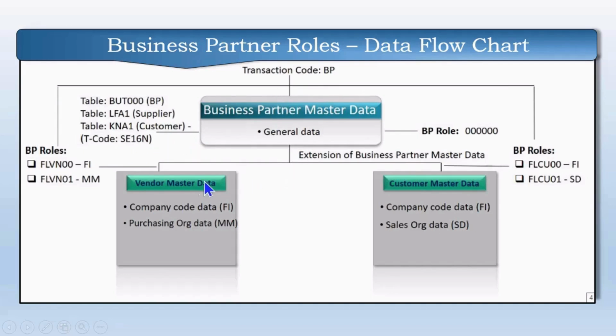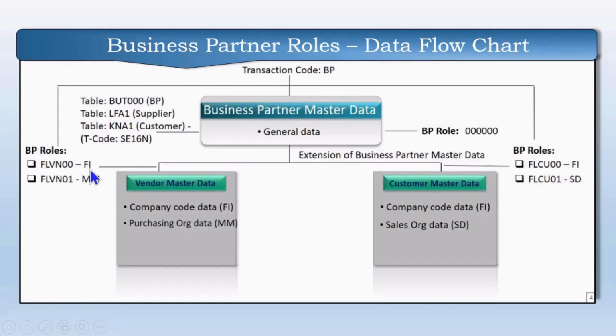Users, on the left side is the role of the sourcing and procurement module. He plays the role of a vendor. On the right hand side, the extension of business partner master data, this is the sales and distribution side. So let me explain to you one by one. This side is the purchasing, or you can say sourcing and procurement module. Here you have the finance role in the sourcing and procurement module. For that, this 6-digit code is assigned here. This is SAP standard, for the finance role on the sourcing and procurement side,